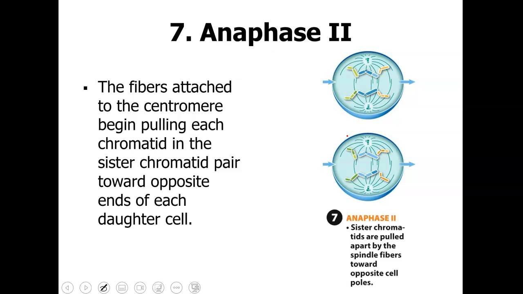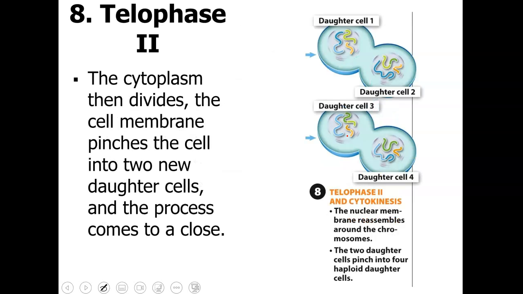As the spindle starts to shorten, it's attached to that centromere, and it gets pulled to one side or to the other side. Next, we go into telophase 2. You start to see the nuclear membrane reform. Those chromosomes are going to start to loosen up and turn back into chromatin. And you see you have these cleavage furrows again, where it starts to pinch in. At the end of this, it's going to go through cytokinesis one more time, and you're going to end up